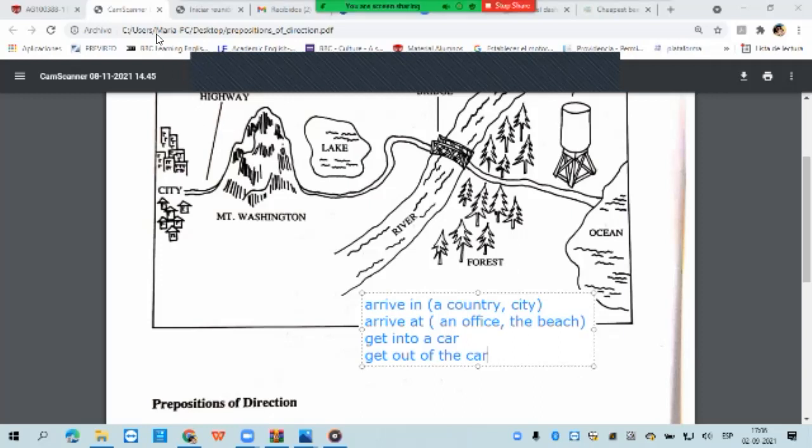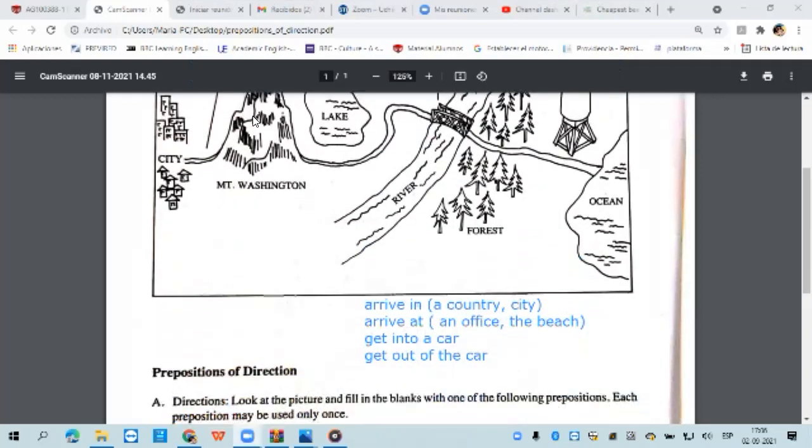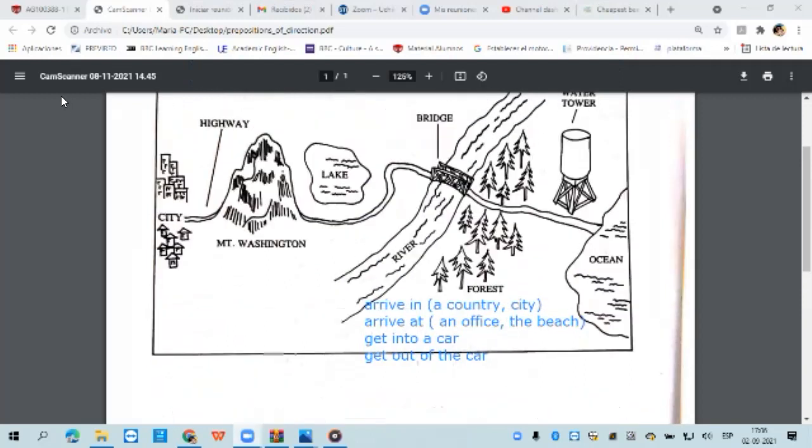Something that you must be careful with. The best rule I can give you is that there is an exact description of the movement. Something that in Spanish we don't have, that specificity. We are much more ambiguous. Pasamos por, salimos por, nos fuimos, pasamos por el túnel, pasamos por el puente, pasamos por el bosque, pasamos por el lago, y todos pasamos por.